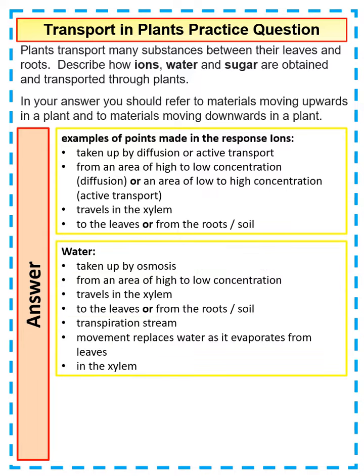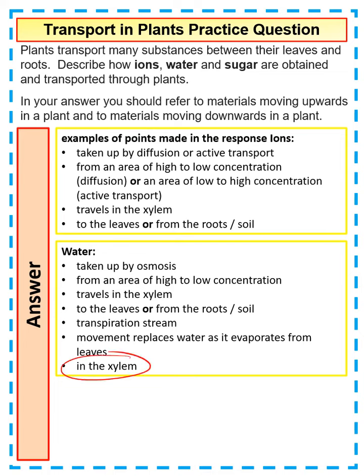If we're talking about water, always talk about osmosis, right? Osmosis is the movement of water from an area of high to low concentration, so it's travelling through the xylem, so it travels to the leaves via transpiration. The movement takes place because you get evaporation of water at the leaves, and like we said, it's